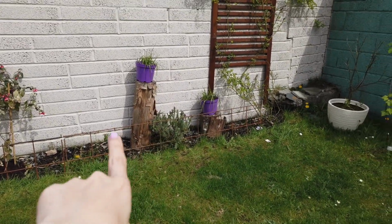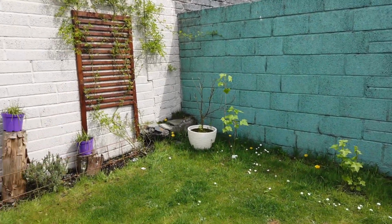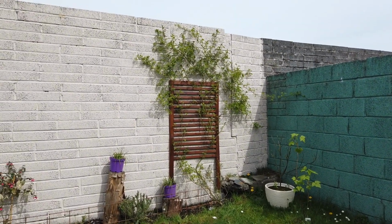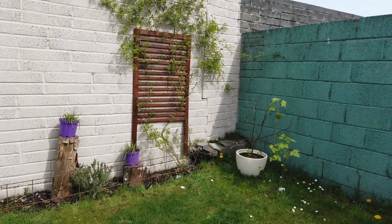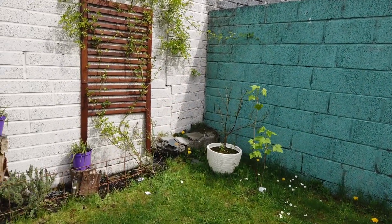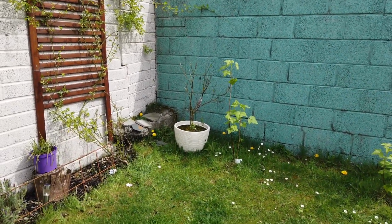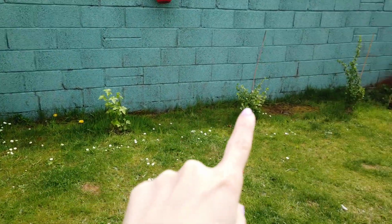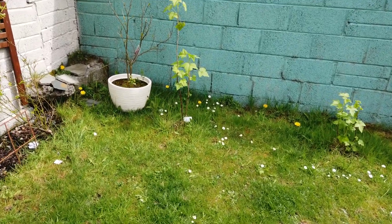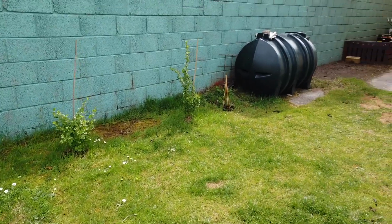Here I have one more lavender, but a smaller one, and my crazy rose. This one I'm very proud of. The crazy rose has beautiful pink blooming during the summertime, and we're starting to clip it on the other wall, and it's lovely and amazing. And over there I have the magnolia as well, and 5 fruit trees: gooseberry, currant, and the last one